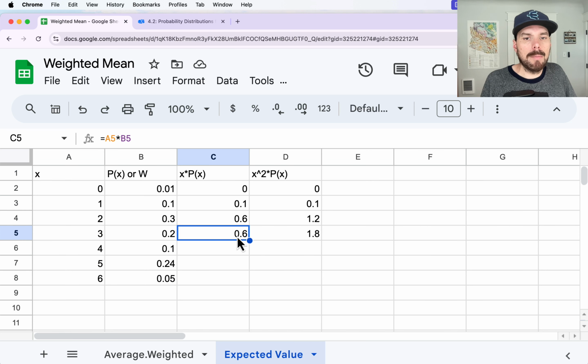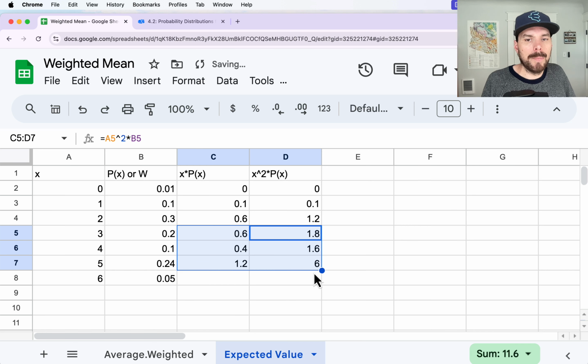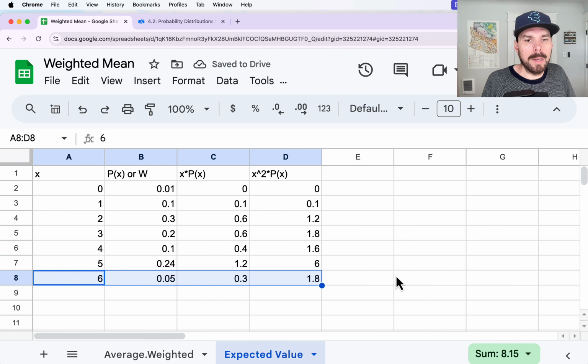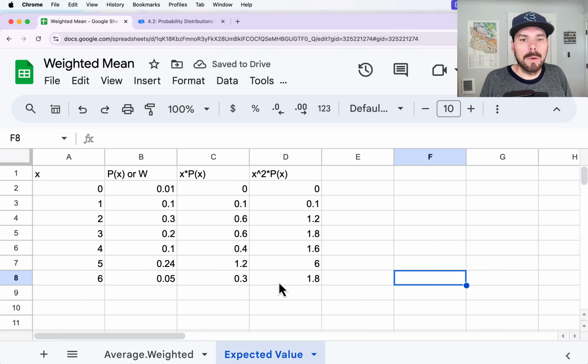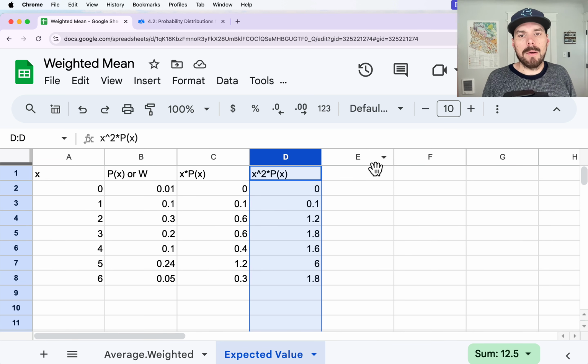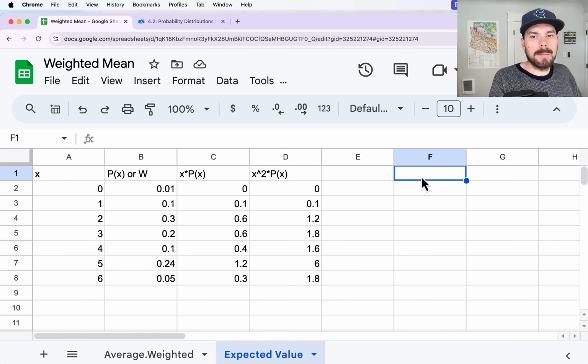So each of these can be filled one at a time, or you can even fill both of them together. Highlight whichever cells you want to fill, go to the bottom right corner and click on that big dot. And if you just drag it, you'll be able to fill down, or you can double click and sometimes it will snap it all the way to the bottom if you have 100 rows and it's a little bit tougher to drag.